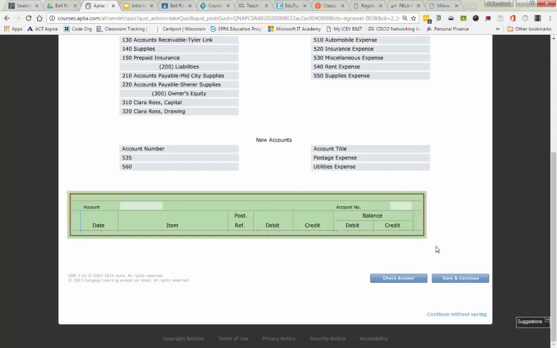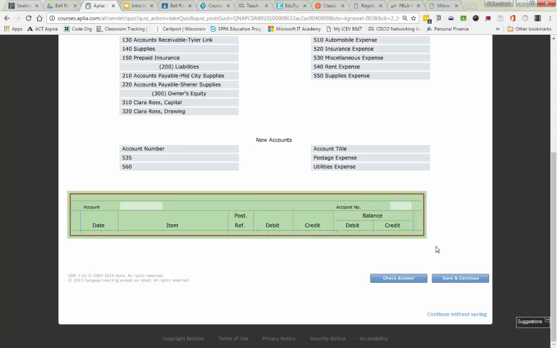When we use our journal, anytime we journalize a transaction, we always have to affect 2 accounts because we have to make sure our debits and credits equal, and that our accounting equation stays in balance. So this is our ledger. A ledger is organized from left to right. We have our date column. We have an item column, which you're only going to use